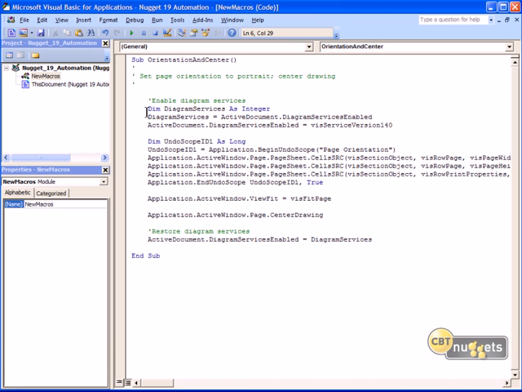So let me save my changes. A nice thing that the Visio macro recorder does is that it documents the code here. These little apostrophes denote comments. Comments are metadata elements that you can add to document your code that are ignored during the program compilation process. So it's a nice way to remind yourself or your colleagues what code does, while at the same time not having any effect on the end product, the actual executed code.